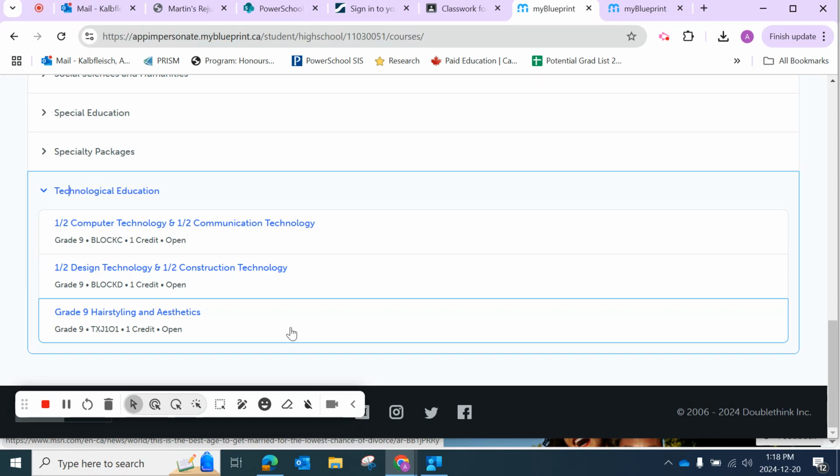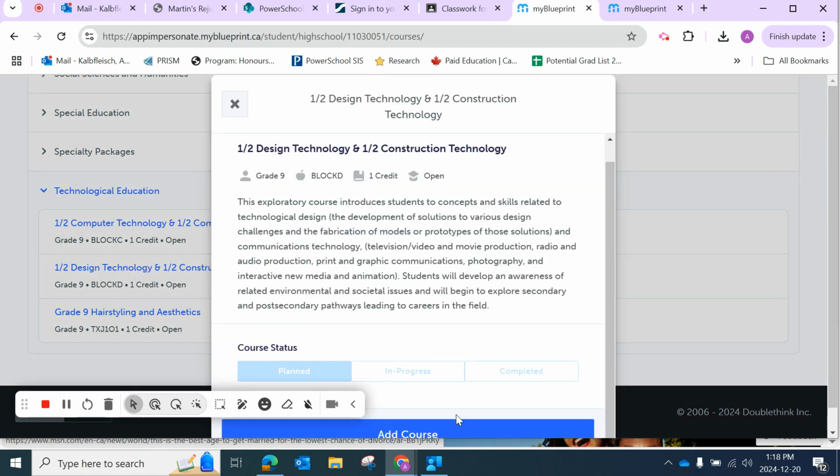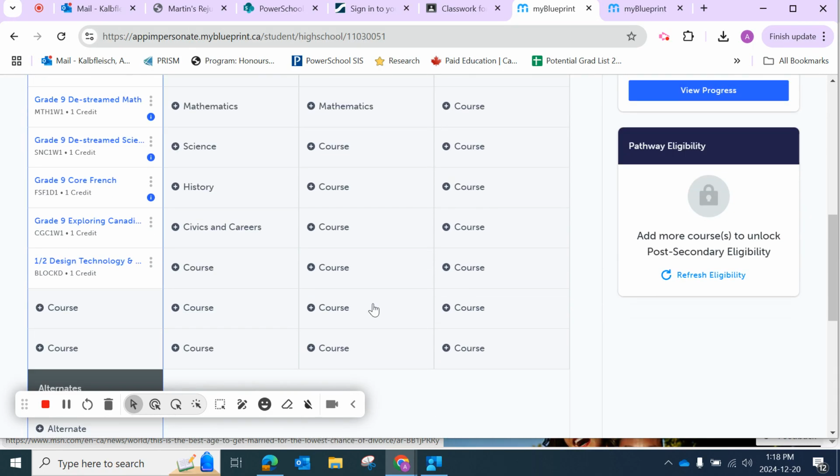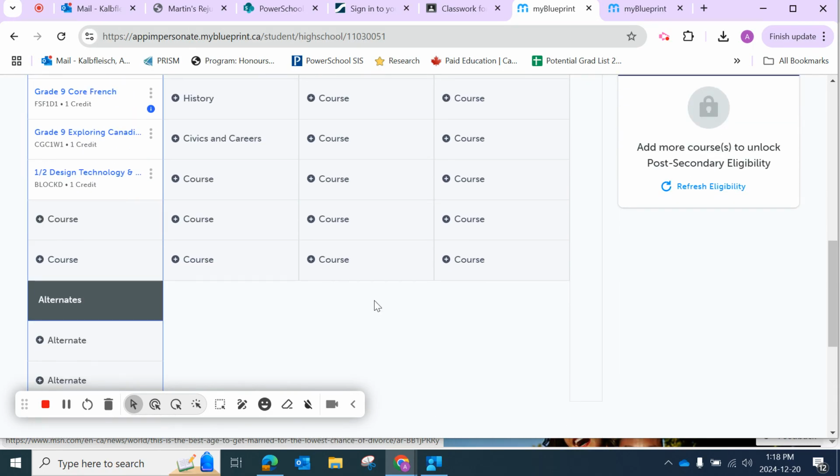Because every single student in grade 9 or 10 has to take tech, our tech spaces are limited, and so we have a rule that you can only take 1 tech in grade 9. So I am going to select this Block D, and in it goes. Okay. You can, though, put